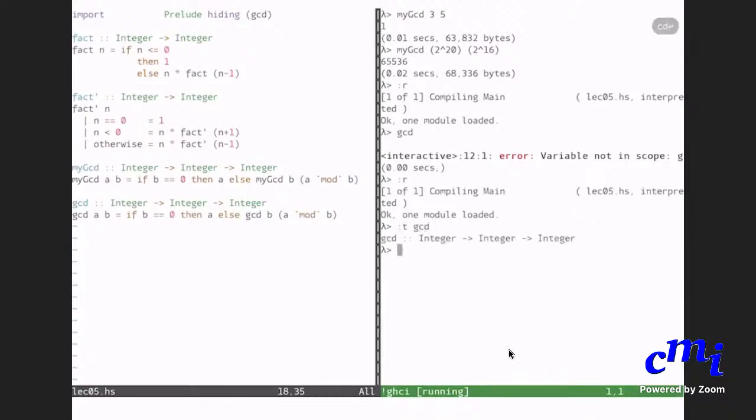Okay, so now we can ask what is GCD of 2014, 2, and so on and so forth. Okay, so remember this hiding. You can import whatever library module, as they are called. Prelude is a module. A module is a collection of related functions, or sometimes they might not be related. A module is a collection of functions and data definitions, which we'll see later, which you can import. And so I can create a module which you can import and use.